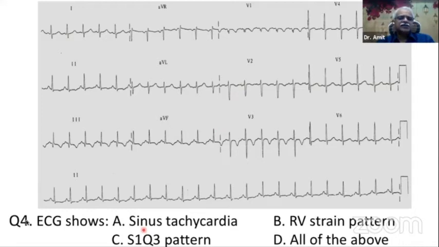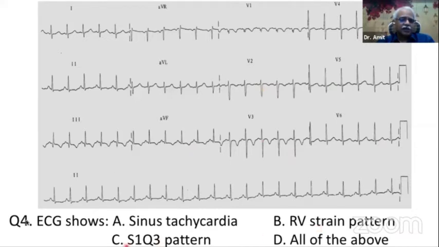So is this consistent with just a sinus tachycardia? The rate is 120 or so. And yes, that is one of your choices. Is this because of RV strain pattern, right ventricular hypertrophy and strain pattern? You have a little poor progression of R wave and T wave inversions and a rightward axis, so RV strain